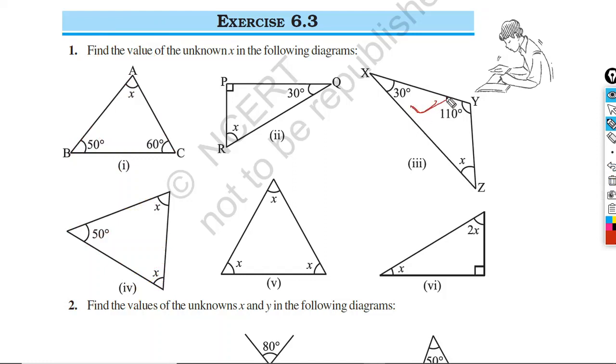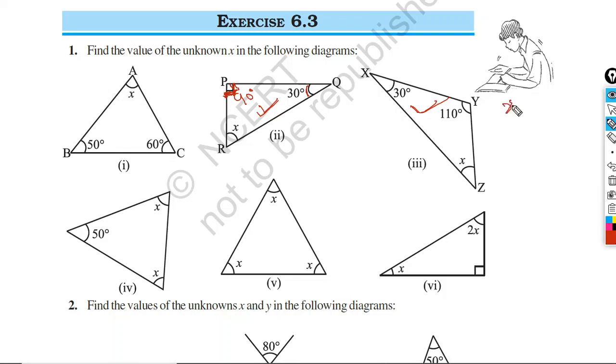Here same type, triple I, you please try. Here 30 degree, one angle is P. P angle is, you can see this symbol is for 90 degree. So you can write it 90 degree. 90 degree, 30 degree, x. Similarly you please write the sum of three interior angles is equal to 180 degree.